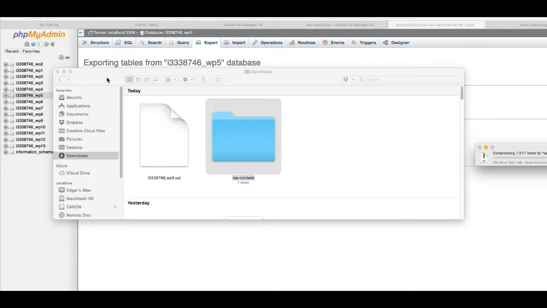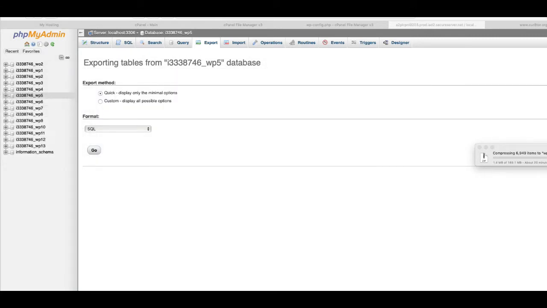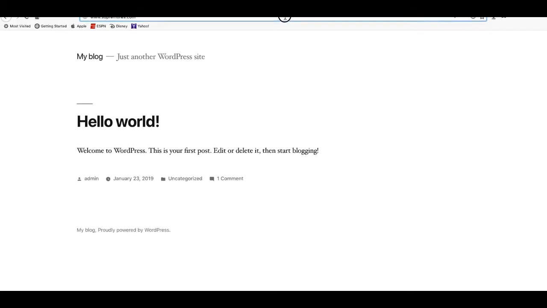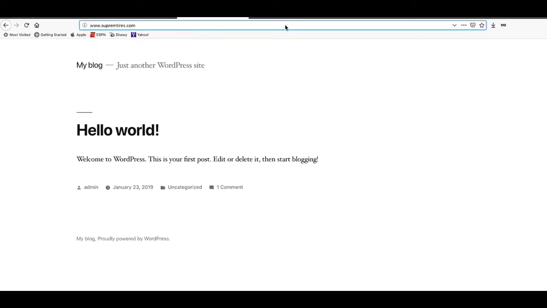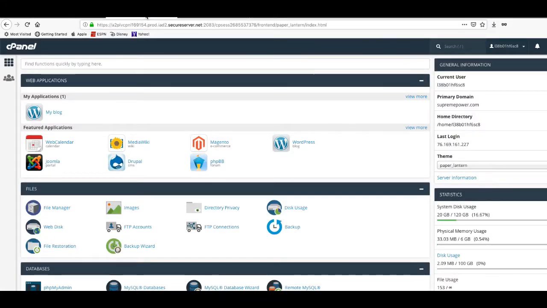Okay. So now what's going to happen is it's going to compress it and make it into a zip file. Alright, so now that that's happening, we're going to go back to our website, and if I hit refresh, you'll notice that the standard default theme is installed. Okay, so now we're going to go back to our cPanel of the new server we're going to use,